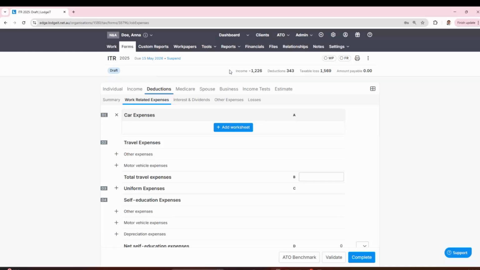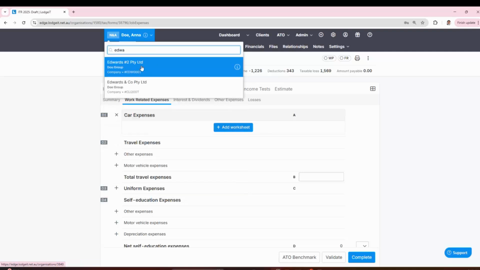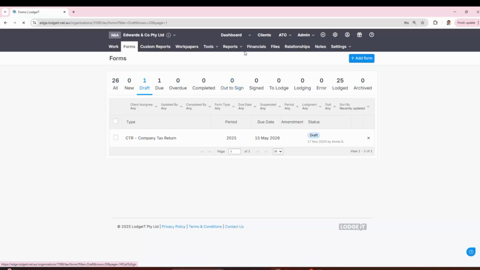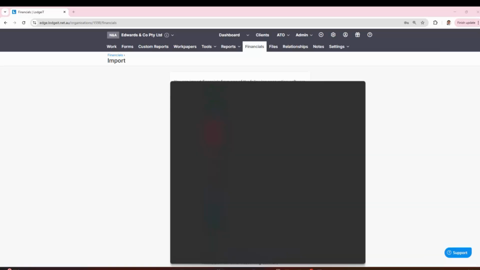Back over here, we're going to now work on a company. So we'll work on this company here. And what I'm going to do is import the financial statements. Now, when I'm importing the financial statements,